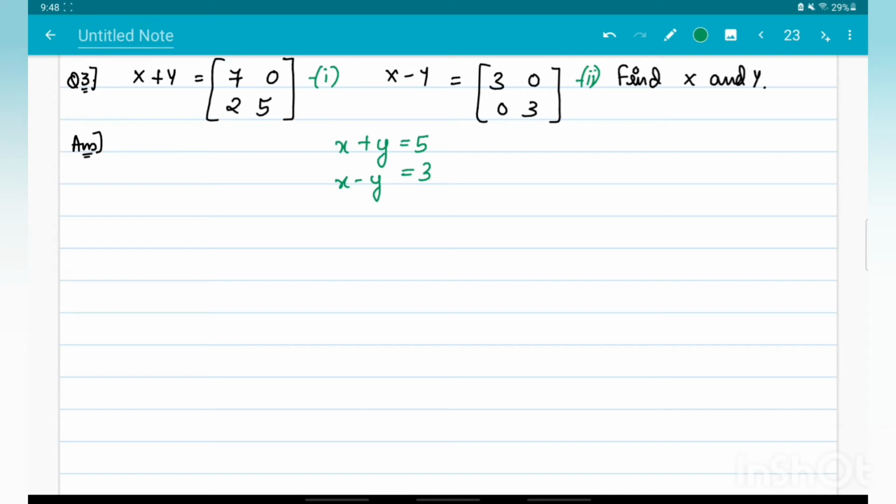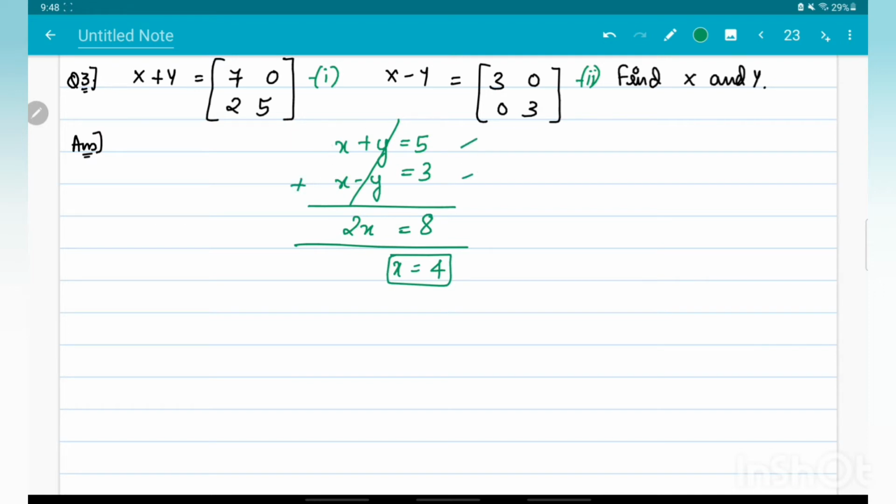Okay, so basically you do the elimination method because that is much easier in this case. When you do the elimination method, the y plus y and minus y get cancelled, then this becomes 2x, and this both gets added and this becomes 8, and from here you can find that x is equal to 4. Okay, so what you have done is you have added both of these equations.